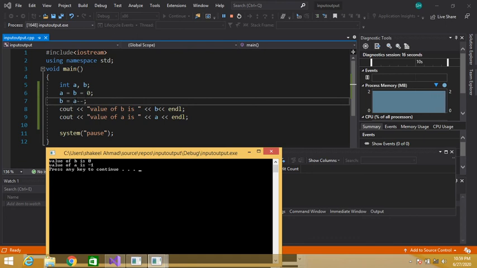So first a contains 0, 0 is assigned to b, and then it has decremented the value of a. So first the value of b, 0, is displayed on the screen, then the value of a is minus 1, 0 minus 1, minus 1. So this is the basic difference between pre-decrement and post-decrement operator.